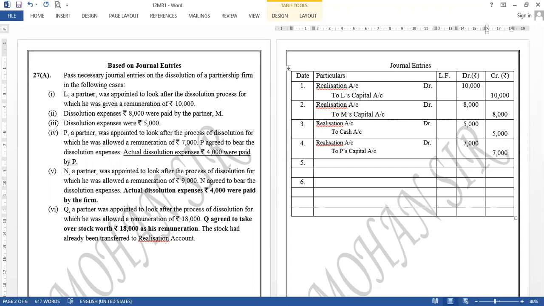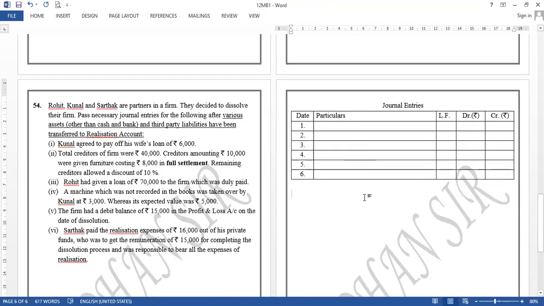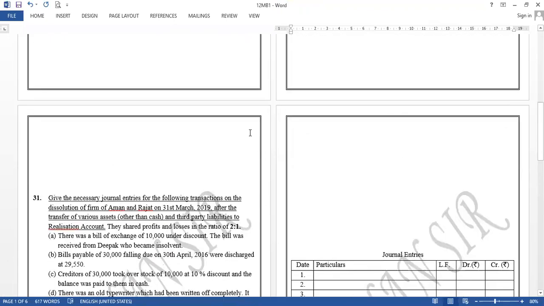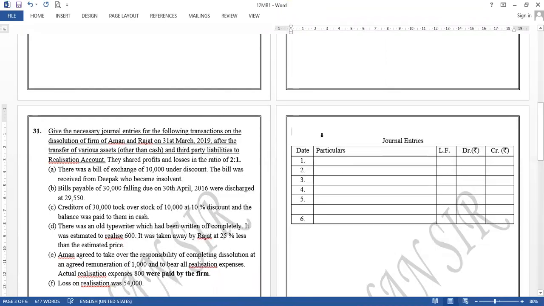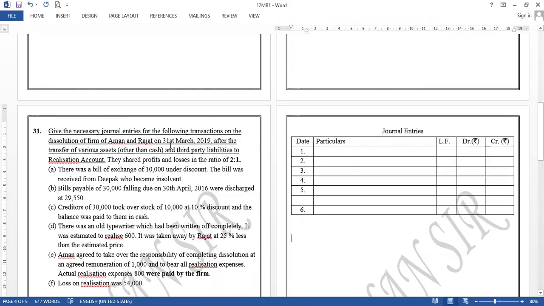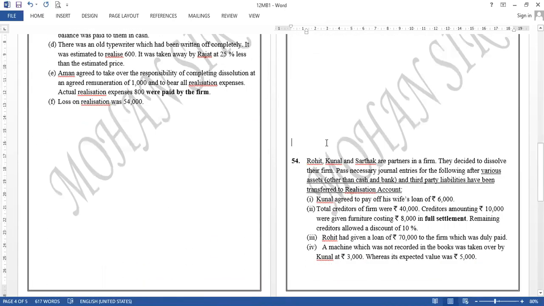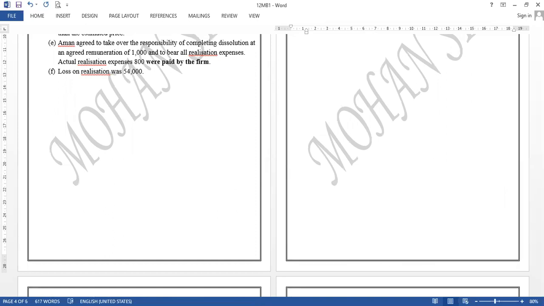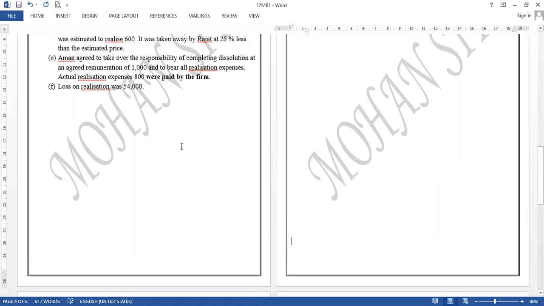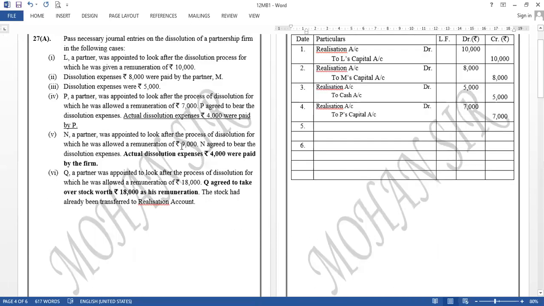Sir, if it is given that that dissolution expense is to bear by P, but another partner has to pay, so what will be the entry? See, like आप शायद ये बोलना चाहते हो कि Mohan was to bear the expenses, but Sohan has paid those expenses. Correct? Yes, sir. है ना? तो who was to bear? Tell me that. किसको bear करना था? Mohan. So the person or the partner who has to bear, okay, his account should be debit. The person or the firm, even if it has to bear, right? तो firm's account मतलब realization account debit करते हैं, and जो pay करता है तो उसका account हमें credit करना है. That is what is the point.